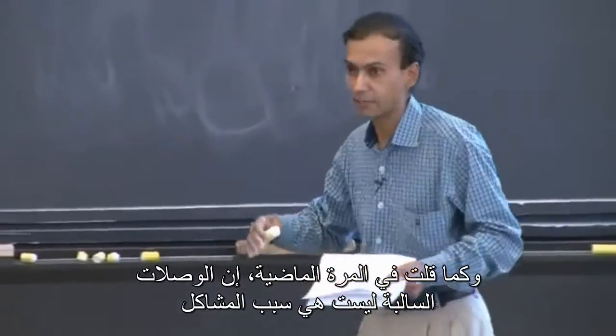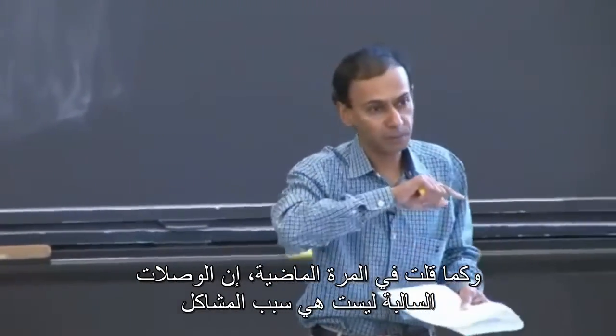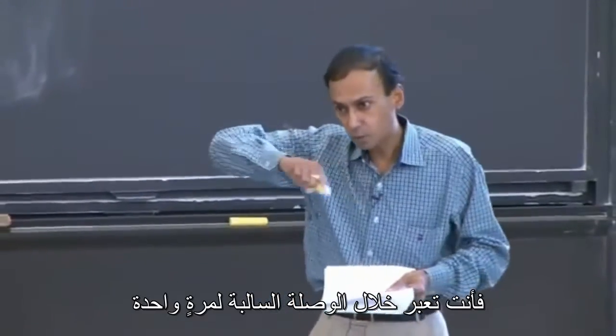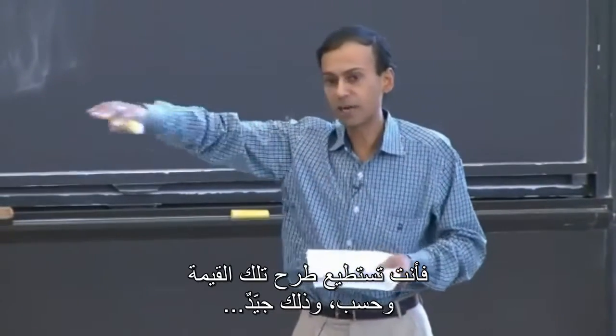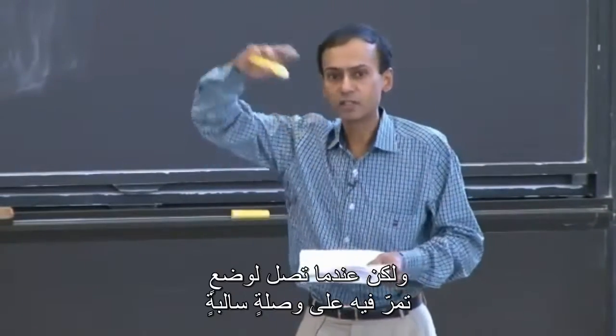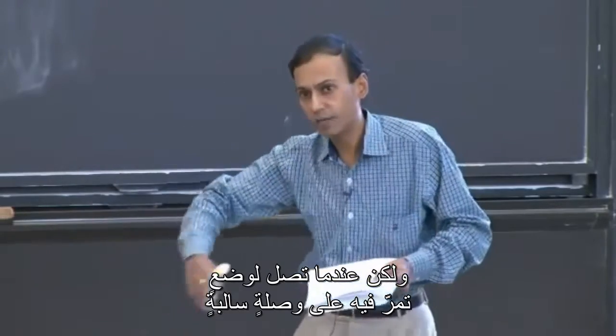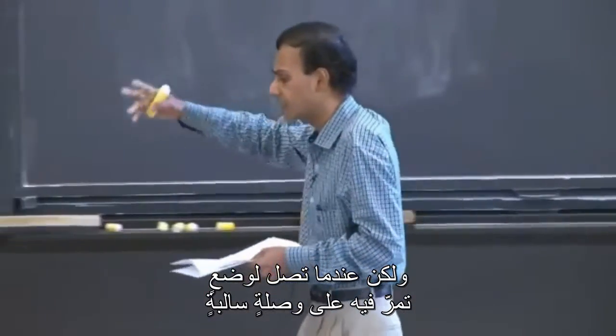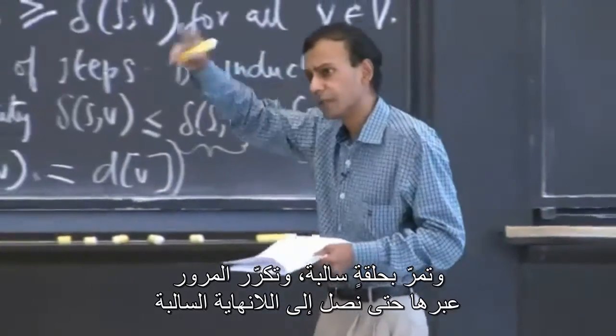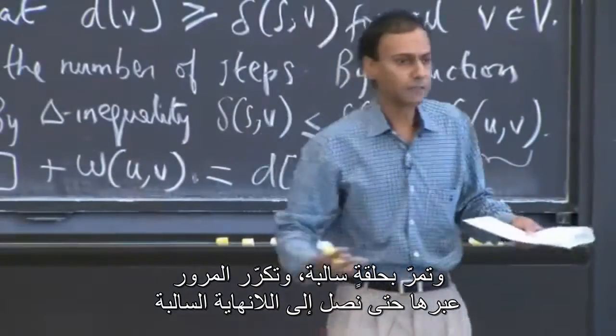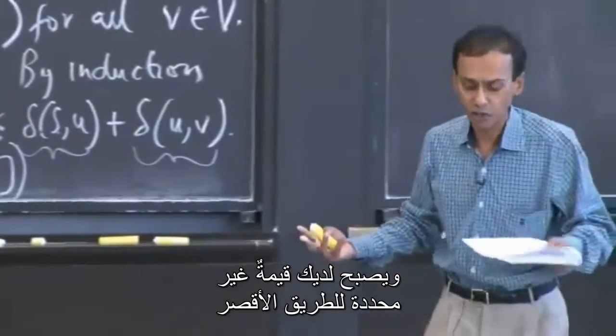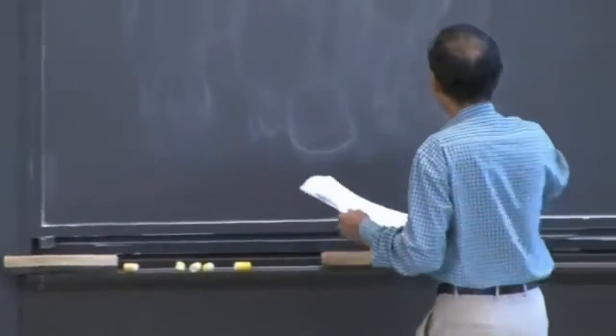And as I said last time, it's not the negative edges that cause a problem. If you only go through a negative edge once, you can just subtract that value and it's cool. It's only when you get into a situation where you're going through a negative cycle, and you can just iterate through it to get to minus infinity, that you have an indeterminate shortest path value. All right, so